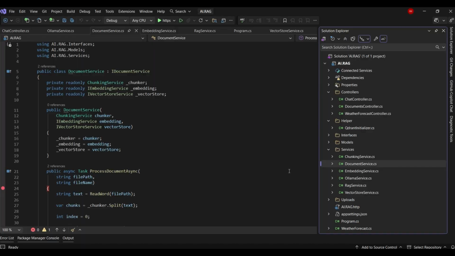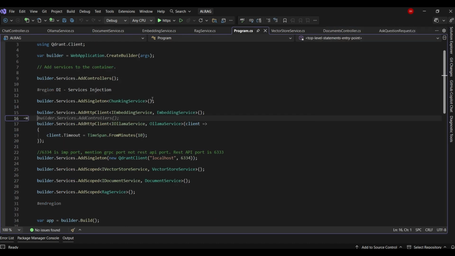Now let's go to Visual Studio and talk through our program. You could find this whole solution in the description of this video, the GitHub link. You could download it and run it. The important thing before you start, in Program.cs, we have definitely registered